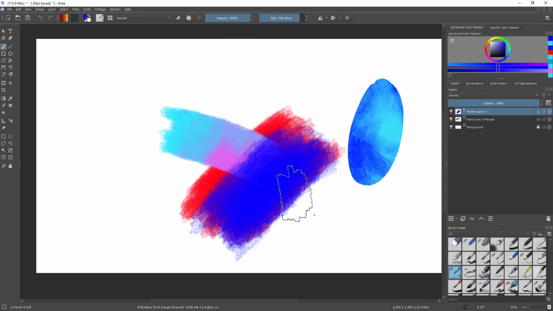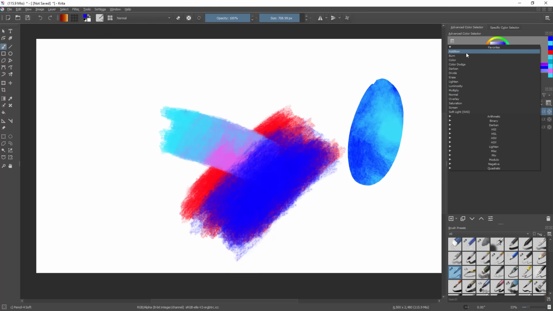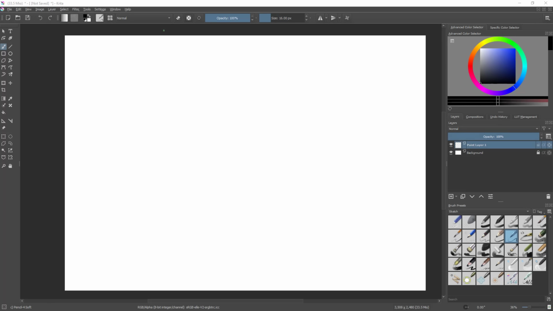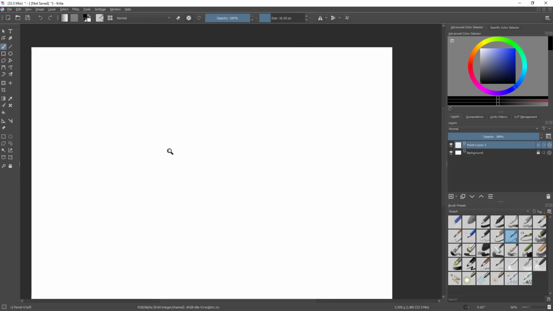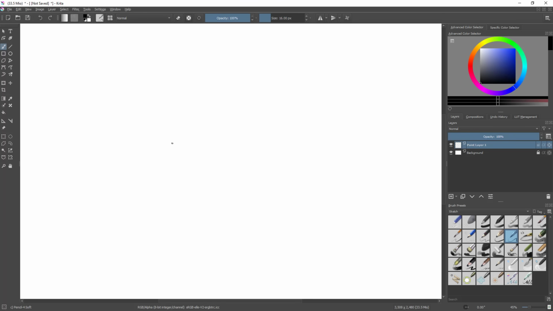You can see that here the blue is like the real blue that I've set, but you have a lot of different blending modes. Here you can even open thousands of them. Okay, so now I want to cover the basic blending modes, the ones that we use often when painting with a layered approach. But before showing you those blending modes, I'm just going to drop